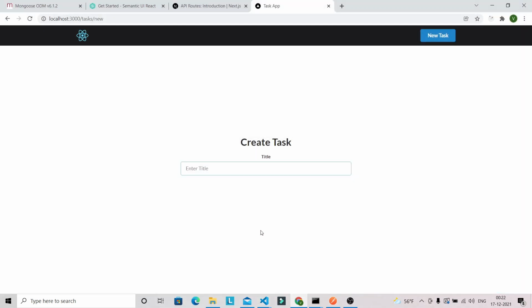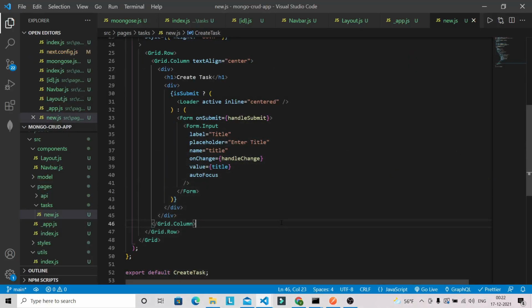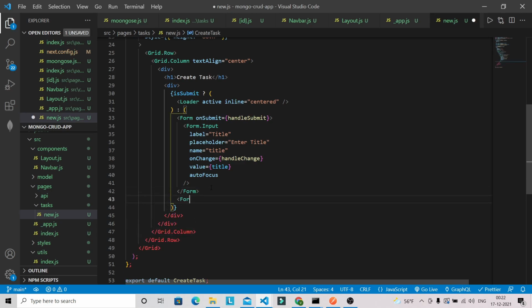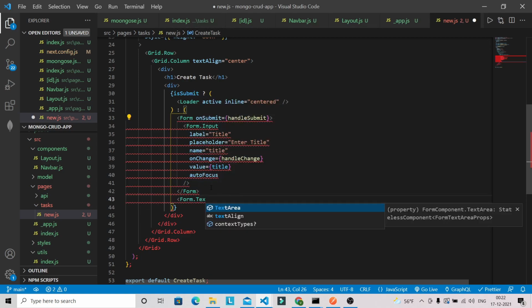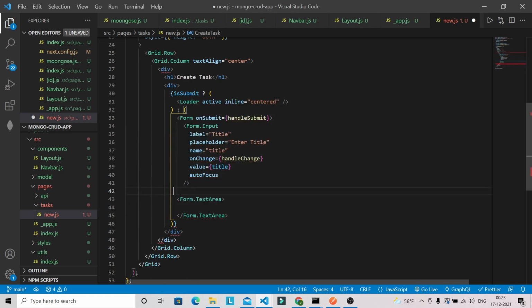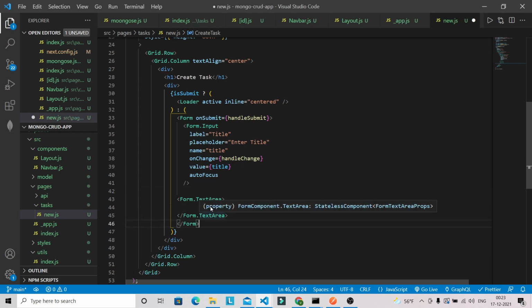So now you can see that we have got our first input field, and after that we are going to have a text area. So form dot text area, and this will close here.